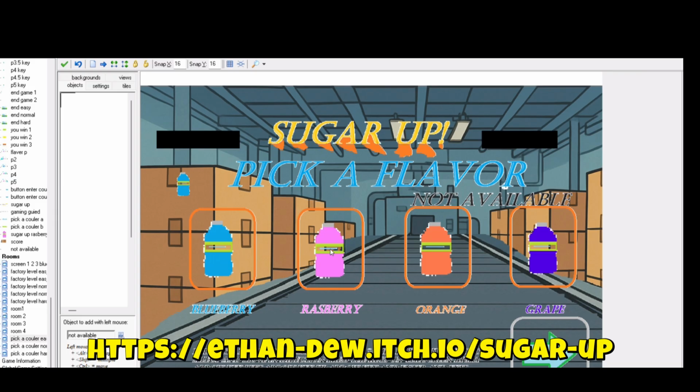So when the update comes for about $1, the original version will be free now, but the upgrade will cost $1 or maybe a little less. It will only have these two flavors, the original and this one. These won't be available. This screen will be, and you'll see them, but you'll see this not available right here because I have to make a lot of adjustments for it. But I got a scoreboard now,